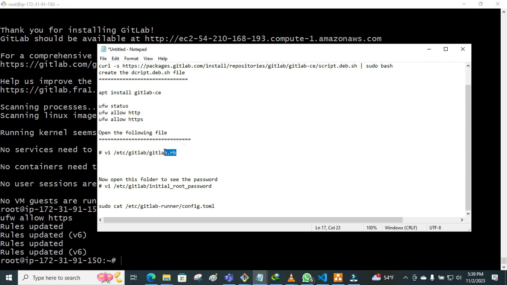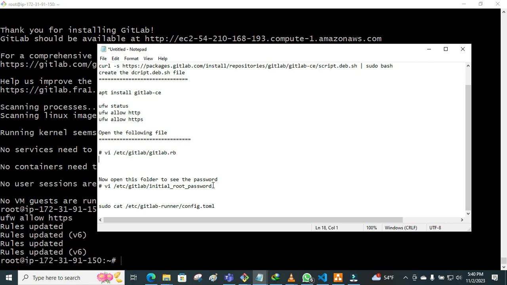So the file is located in etc gitlab.rb. You enter this file, you are going to do your configuration. But for those who are in AWS, the file is already there for you and the configuration is already with your public IP address. So what we are going to do is we are just going to enter to get